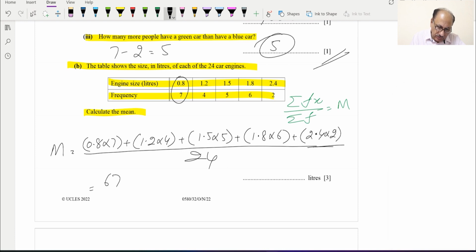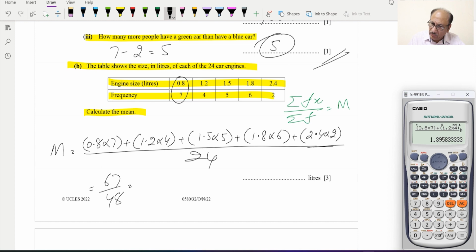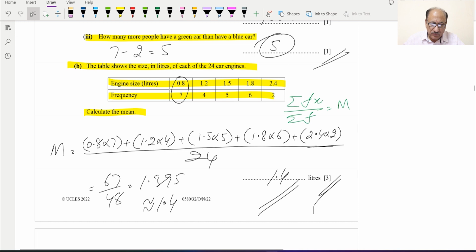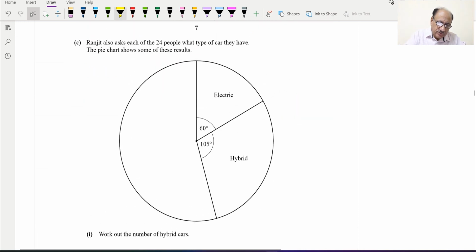So for 67 over 48, we can check the decimal value. The decimal value will be 1.395 something, so approximately 1.4. So 1.4, up to 1 decimal place, and this is a 3 marks question which we have done. Now C part says